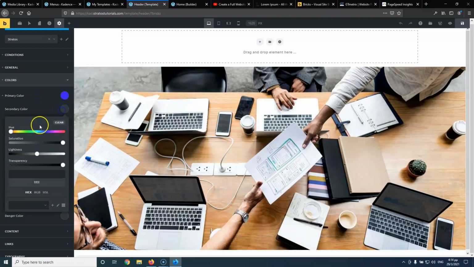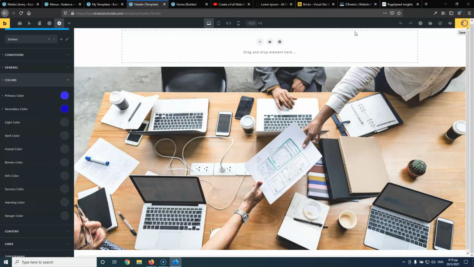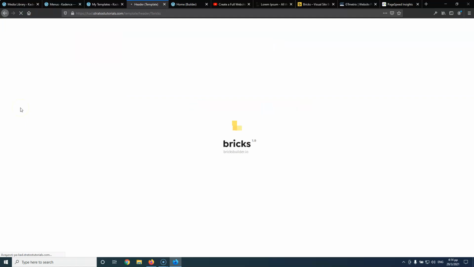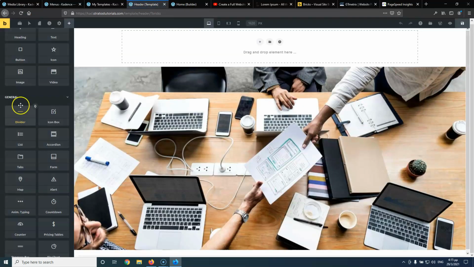I'm going to put that here, and I'm going to give it a little bit more of dark, something like that. So this will be the secondary color. I'm going to hit save, and as you can see now, I don't have any palette here. And I cannot save it. This is a bug, so I have to go and save that and refresh the page so it will grab the palette that I have just deleted, even though it should have done that automatically,